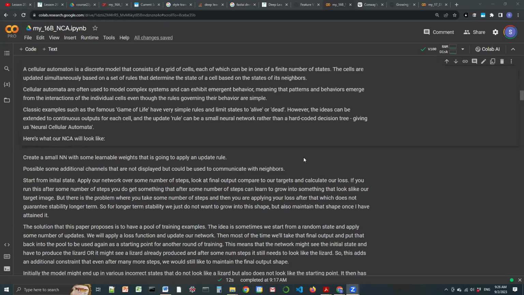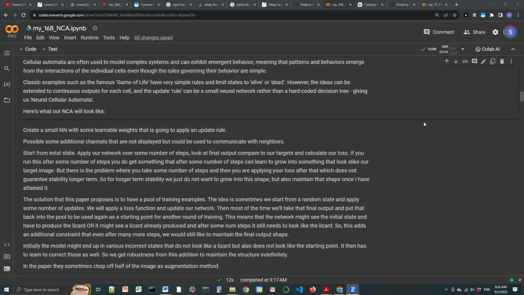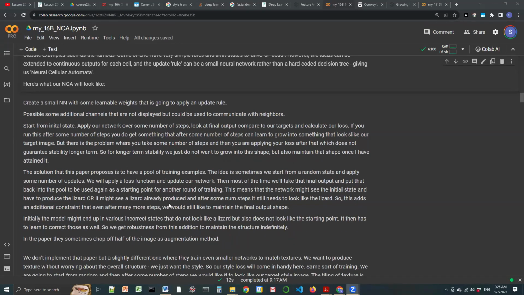Again, using the mini AI framework, right? And how do we maintain this structure that we gain? If you again think about the style transfer that we now understand, suppose we just apply an MSE loss and gain the lady with the glasses image, fine. But how do we ensure that the lady with the glasses remains the lady with the glasses, even if we eliminate some number of pixels? If we remove our glasses, if we remove our arm, if we remove some pixels in the image, how do we do that? So the solution that this particular paper, the texture paper, talks about is to have a pool